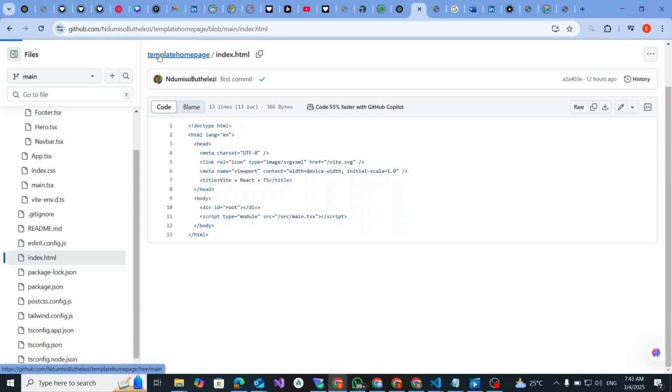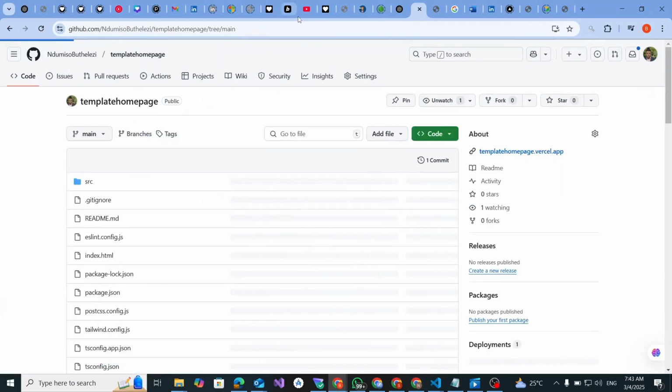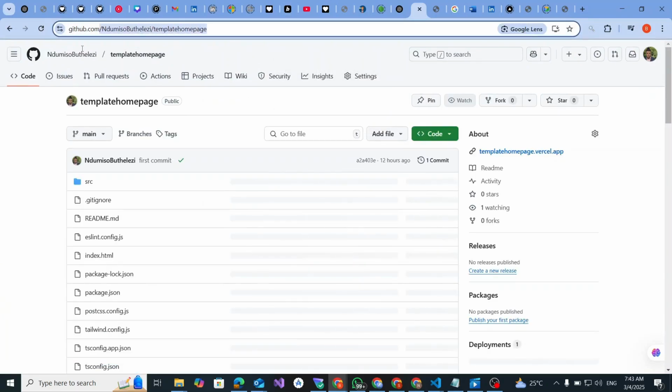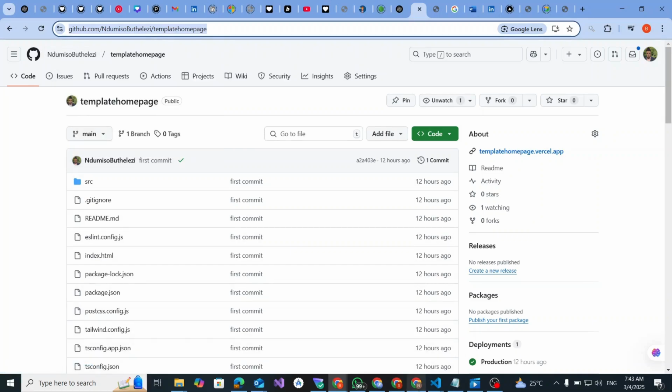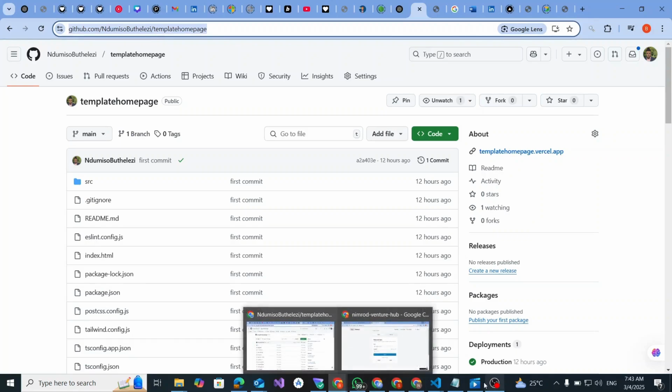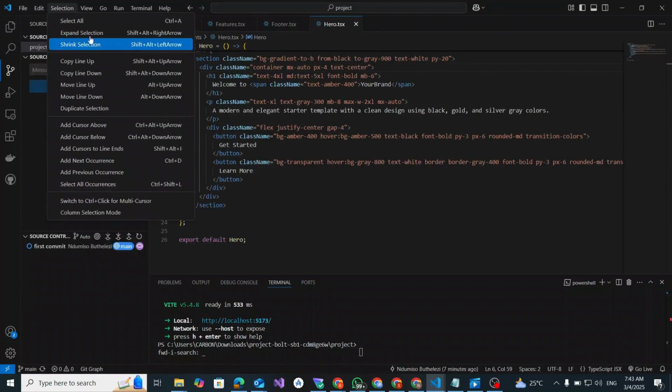So what are we going to do right now? We are going to clone this thing. I'm going to show you how to clone this website. And once we have done cloning the website, I am going to show you how you push to Git. And I will show you how that Vercel thing kind of works. I already cloned it before, but